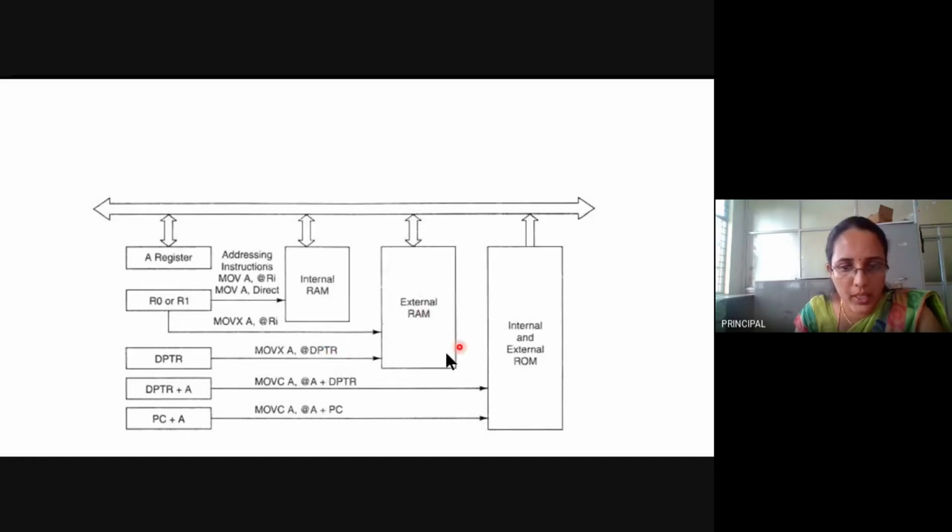To access this external RAM, you are using DPTR, which holds the 16-bit address of the external RAM. And in MOVC, C means code. External or internal, you are accessing code, program memory, by making use of the accumulator and data pointer. By adding these two, A and DPTR contents, you will get the address and that will be moved to the CPU.